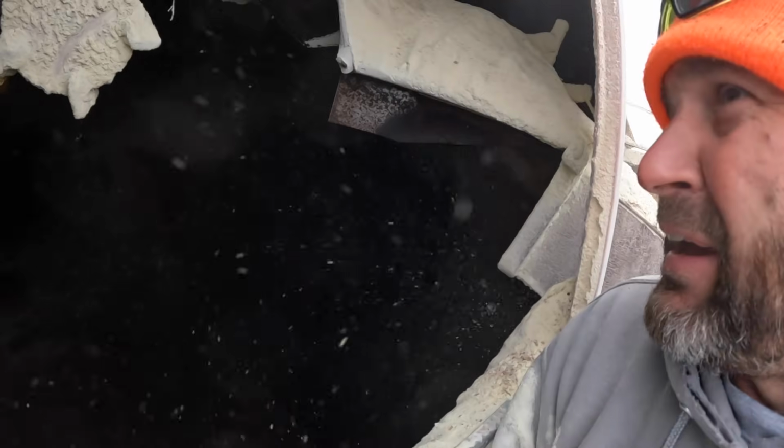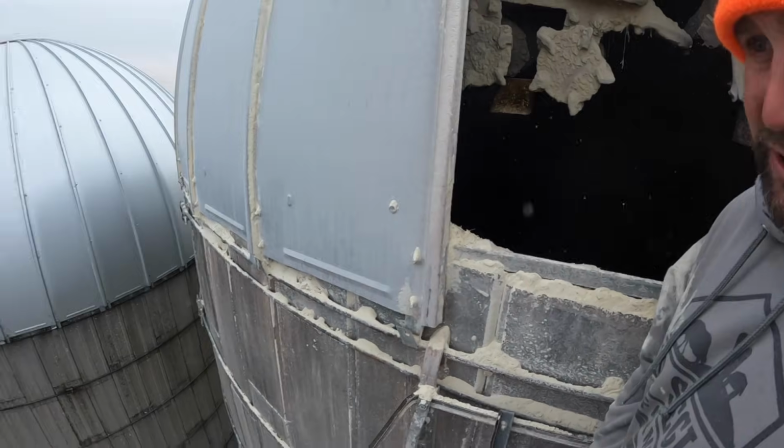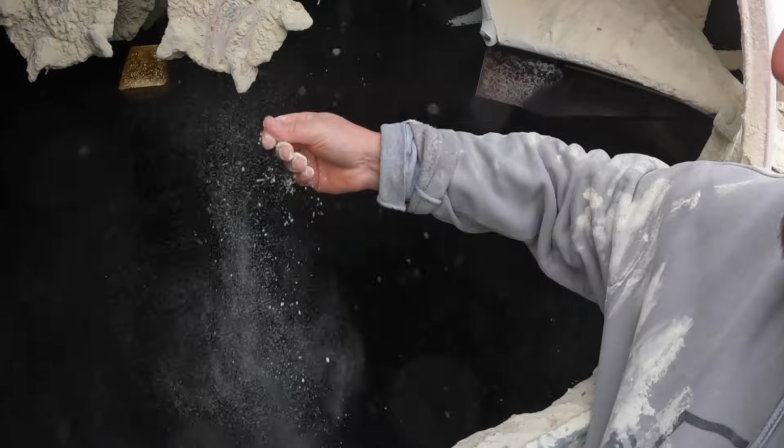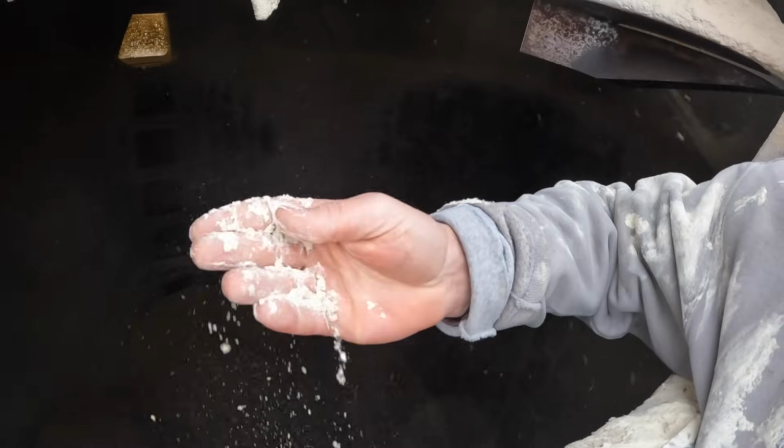Guys, next day, hammered pretty good on this. She's getting up there. She's probably 80% full. I'm debating on how many trucks I need. I'm not 100% sure on how many of those fill. I know on a chopper wagon I could probably get quite a few more loads, but that's pushing 1,000 bushels, one of them semis. But look at the job it's doing. That stuff's like makeup almost. She was really blowing in here, so I'm gonna make the call, probably a few more trucks, and I'll have